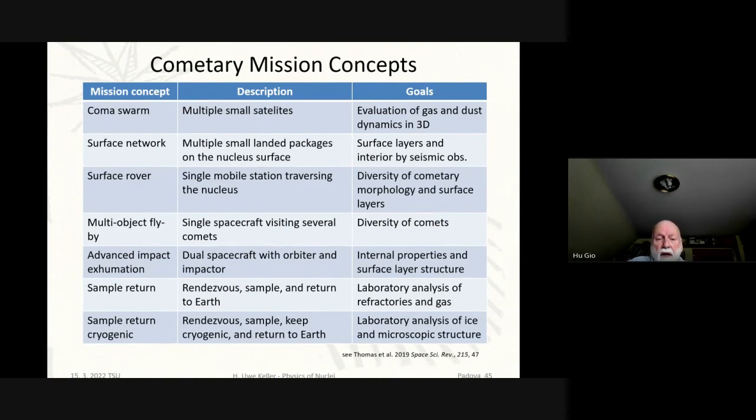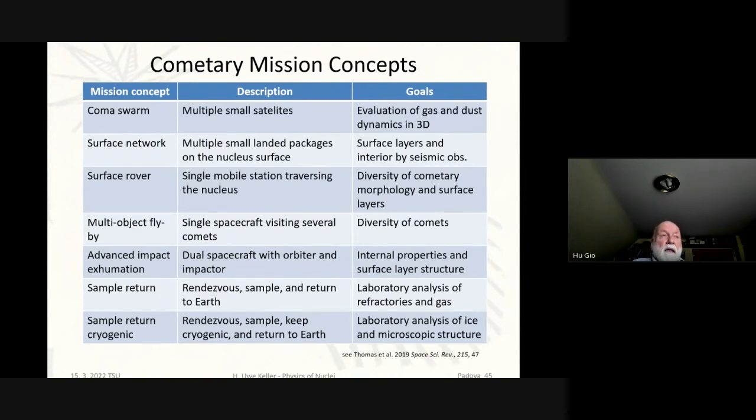You can try to have an advanced exhumation. That means a deep impact, but now deep impact controlled by an orbiting spacecraft rather than just by the flyby, where you barely can see the crater. With an orbiting spacecraft, you can investigate the crater in very much detail, and this learns much more and constrains the parameters much more than it was possible during the deep space experiments.